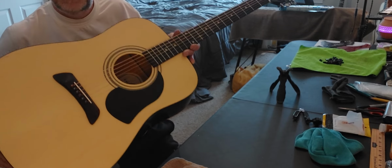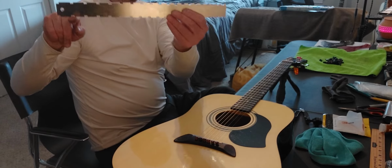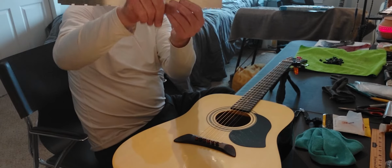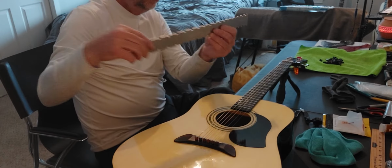So what I want to do first is check the neck relief. Now that we've got strings in tension, I'm going to check this right here to see if we've got proper relief. The way you do that is with a fret straight edge. You want to see the ends of this basically be flat, and in the center you want to have a very small gap. Basically this neck should be a U. That's exaggerated, but